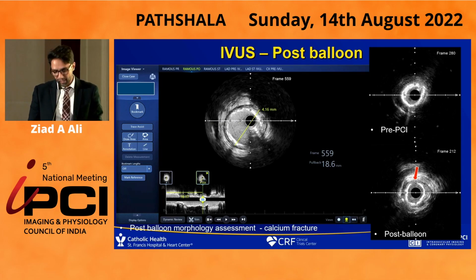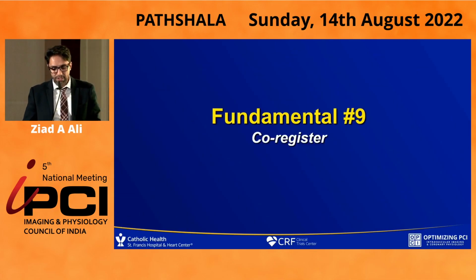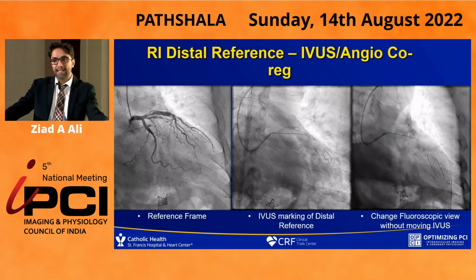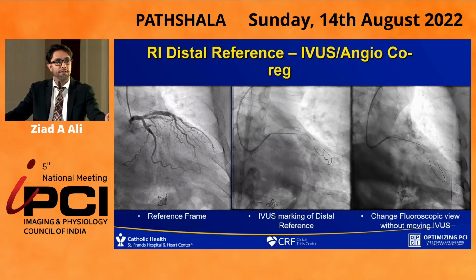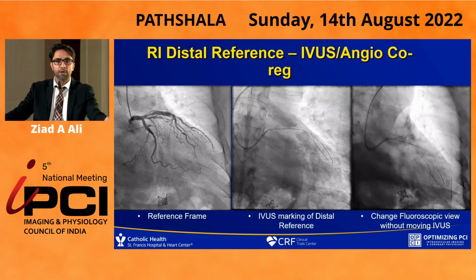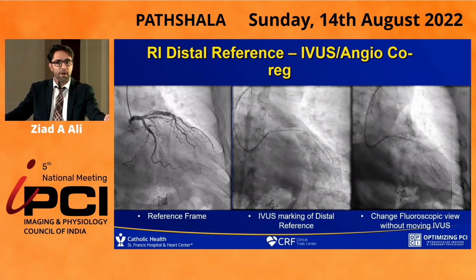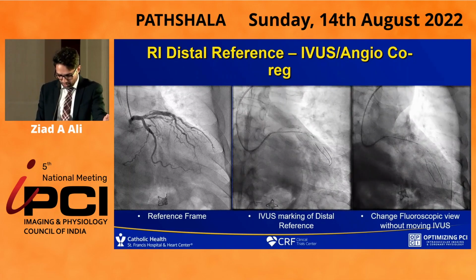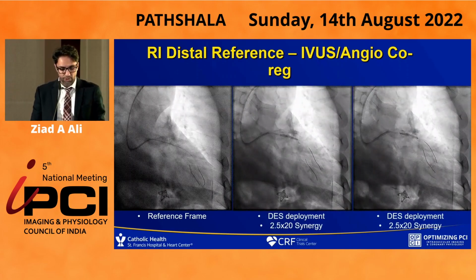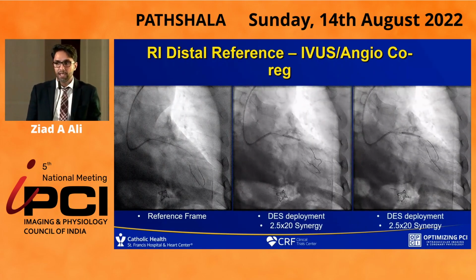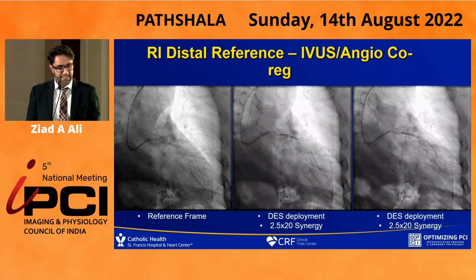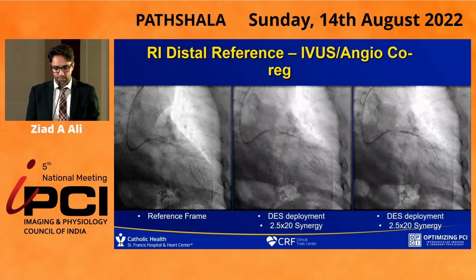Now, how do I co-register this? The way I co-register this is when my IVUS marker is at the distal reference on the live IVUS, all I do is put my foot on the pedal, okay? Press Cine, record that spot, which co-registers to your IVUS, and then don't move the table. And you use your IVUS co-registration as your distal marker, and then you do your stent deployment in exactly that view without moving the table.